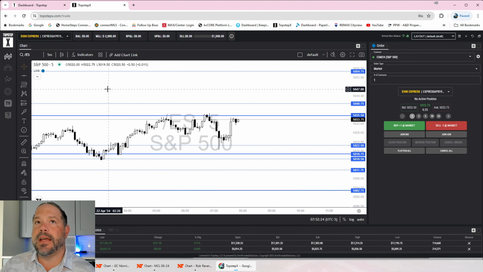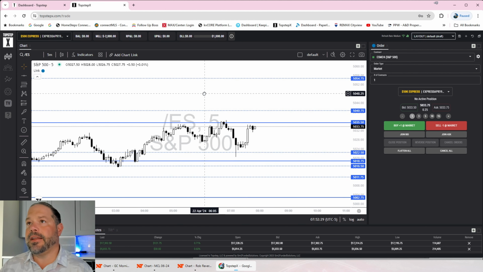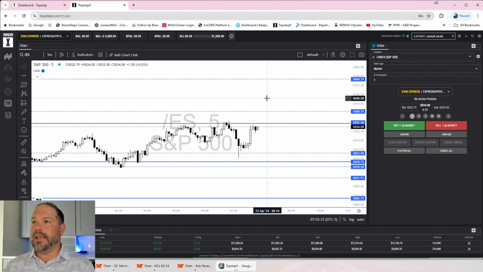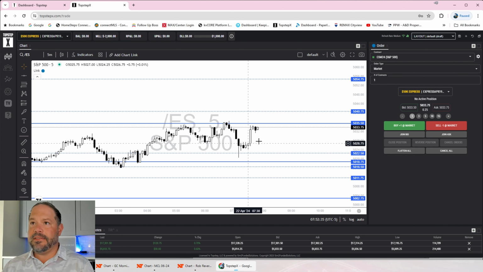On the levels, got the Express funded account here based on the trade that I took last week live on Wednesday off of the levels. This is the S&P, the ES. We've got a strong level right above us where price action is at 50.35. We've got on a 15-minute time frame, a level at 50.41. We got a kind of a big gap here, so this is a tough area to trade for me. 50.54 extreme high.